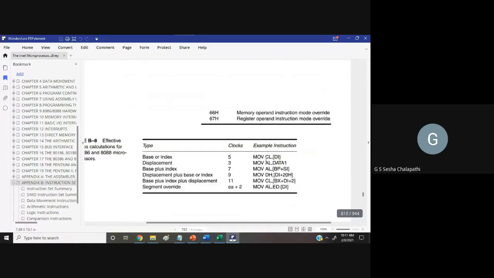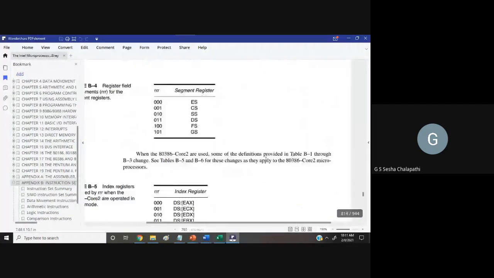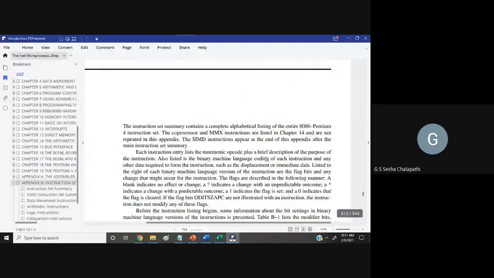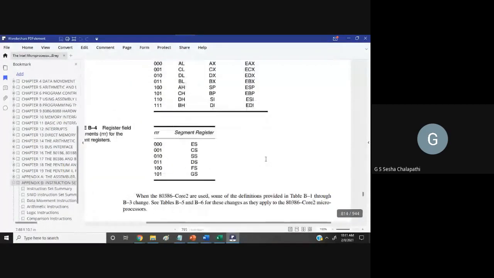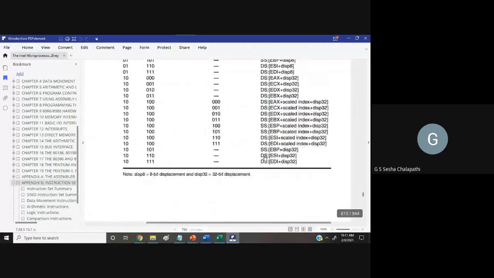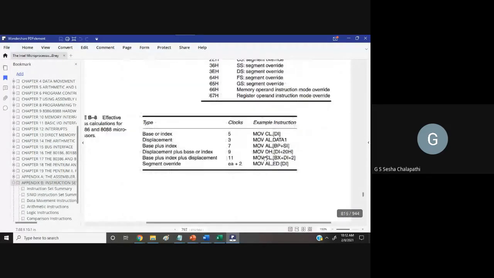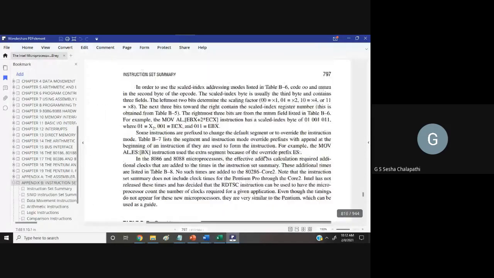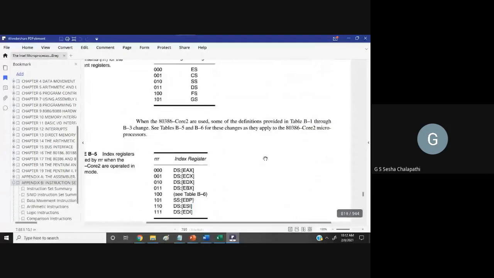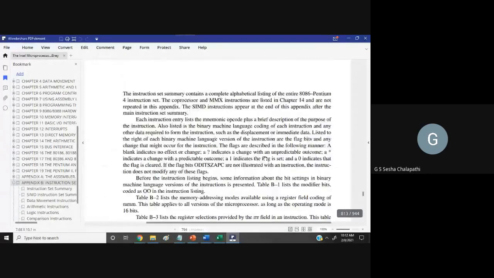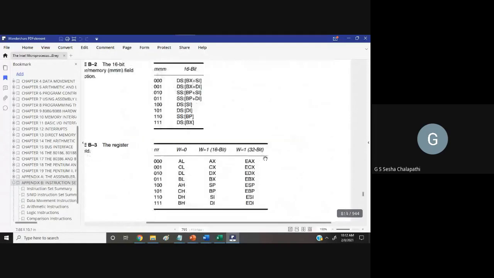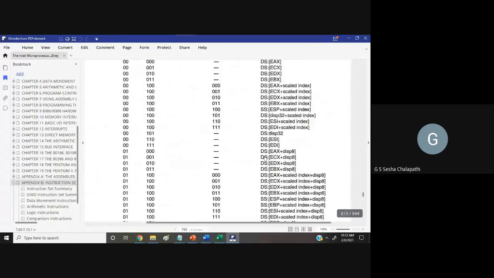Just a minute, I have to look at the relevant table. One second, I'm trying to find the table. Fine, I'm not getting that particular table that I was looking for.